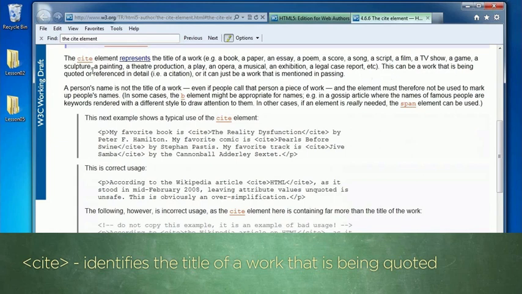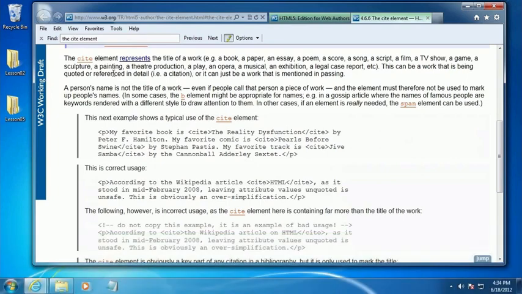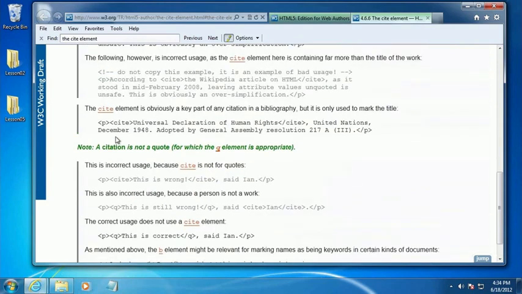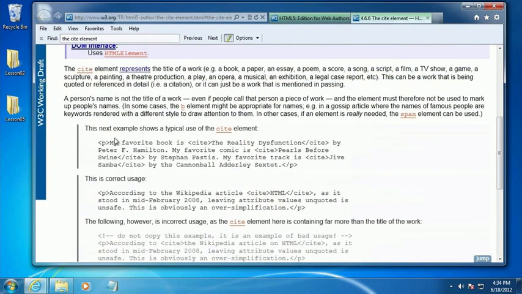This can be a work that's being quoted or referenced in detail. So you use this to identify the title of a work that's being quoted, perhaps in a nearby block quote section. And you can see some examples of this, I believe, here. Well, they don't have a block quote here. But you can see how we're citing specific